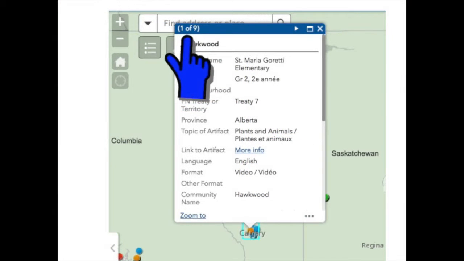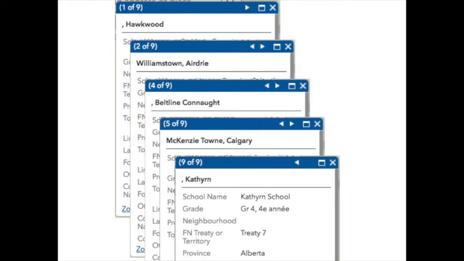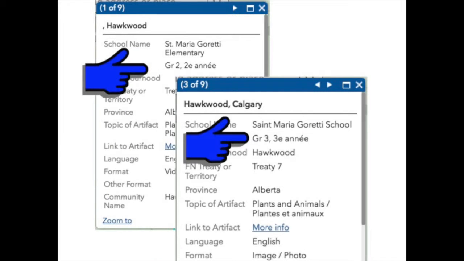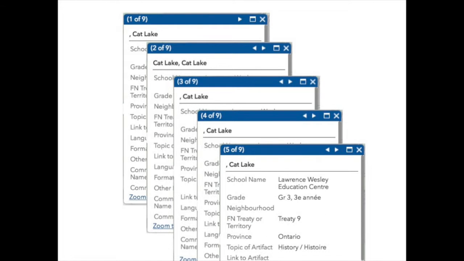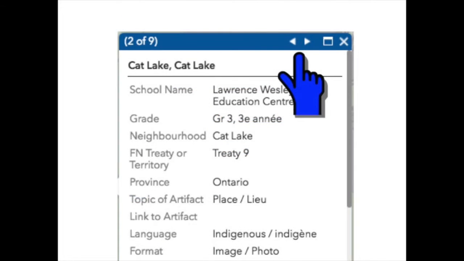Sometimes at the top of some information boxes, you'll notice it says something like 1 of 9 or 1 of 5. This means that there are 9 or 5 different artifact entries in the area you have clicked. There might be artifacts posted by different schools in that same area, or artifacts posted by different grades or classes in the same school, or there might be artifacts on different topics posted by the very same class. So you need to make sure you use the forward and backward arrows to look through all of the artifacts